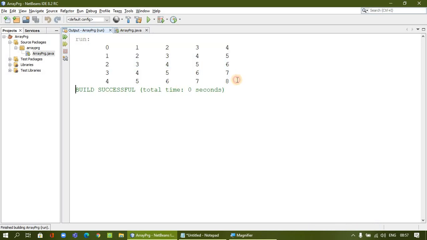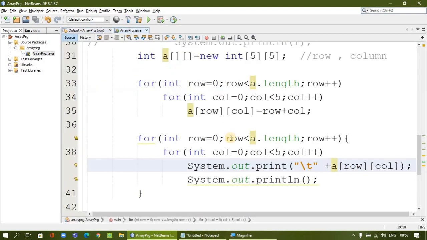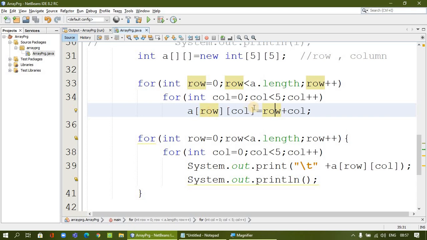Okay, so we can understand the looping now. Okay, this is our value. Now we can understand this value, how it is coming. Okay, so first value, as you know, column 0 and row 0, both 0, 0 have arrived. So based on the column and row, the values arrive.